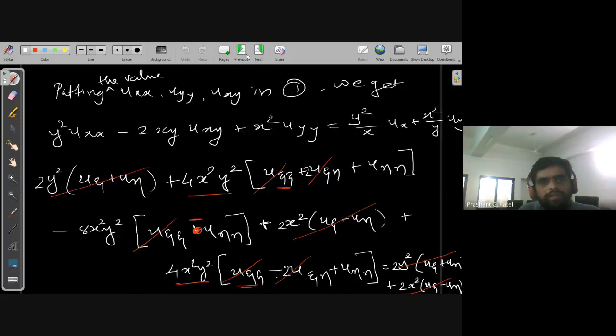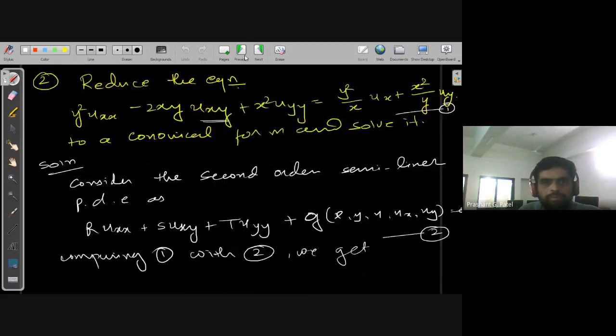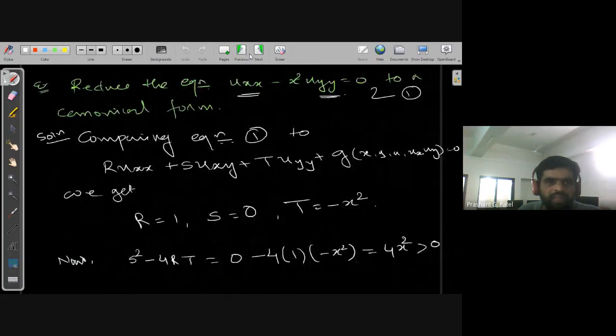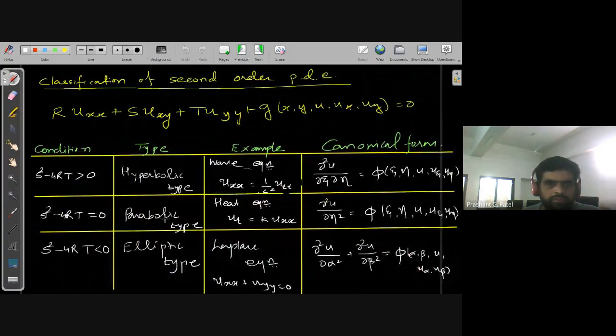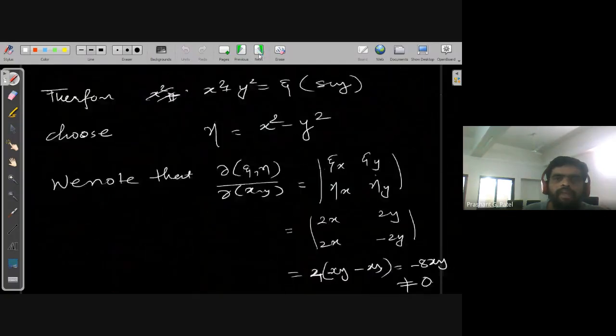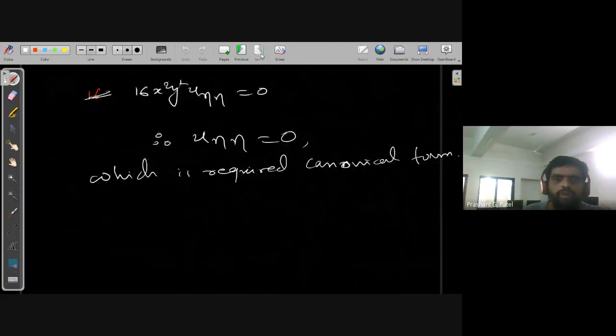You just observe that if it is a parabolic type, then the given equation is of this parabolic type. Then s square minus 4rt is 0, then the equation is of this type. That we have here. Now the question is also to solve this, and that is easily solvable,